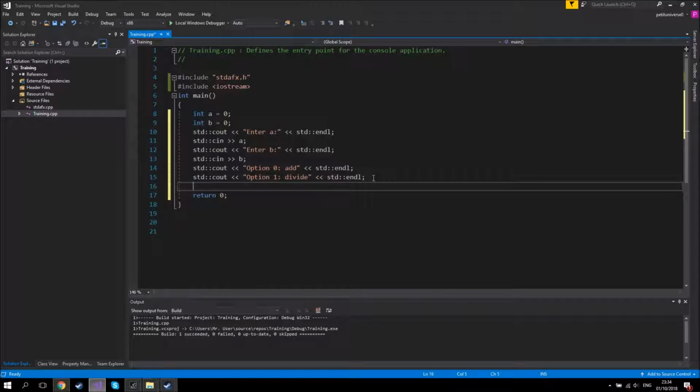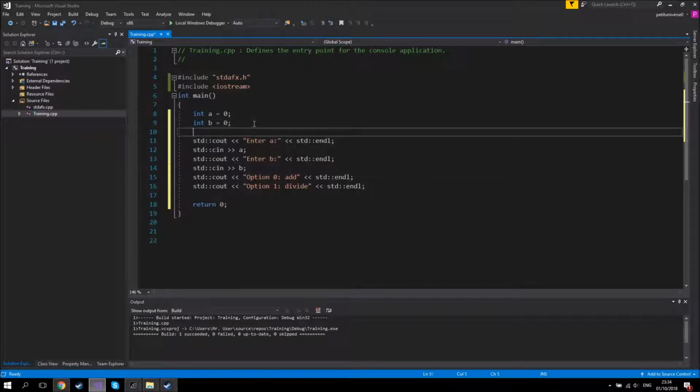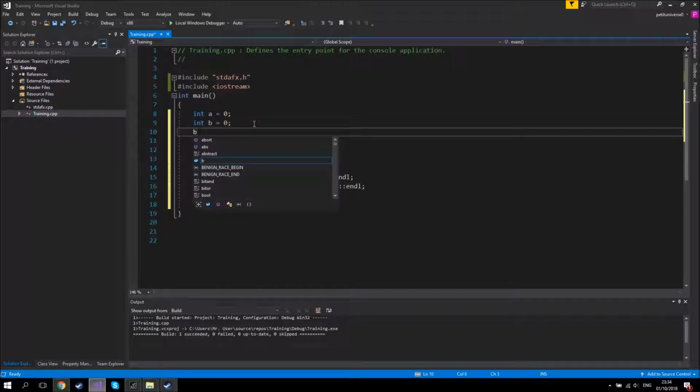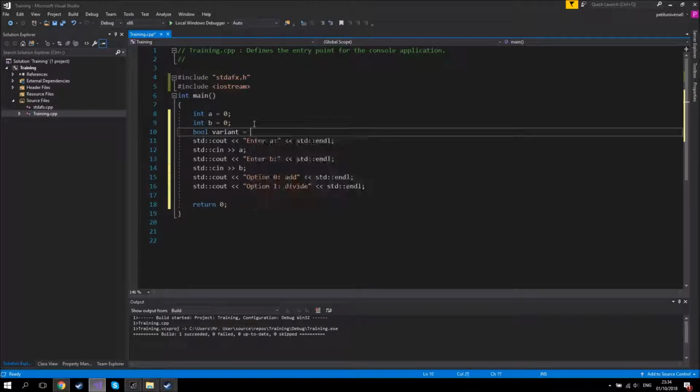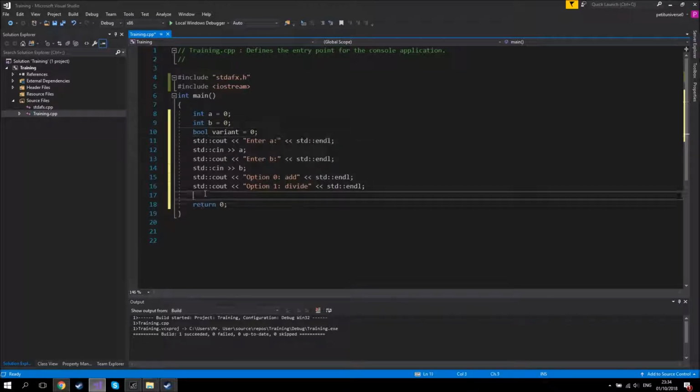So we do now have the variables and we have the options, but how to say to the program which option is chosen. So we'll need to create another variable. For this we can create a boolean variable which will be called variant, which is false. Oh, let's assign it to 0. So if we need to read the variant which the user selected, so read that variant,